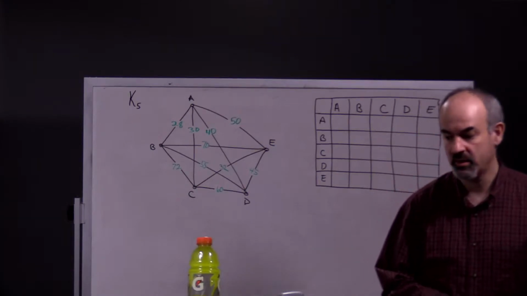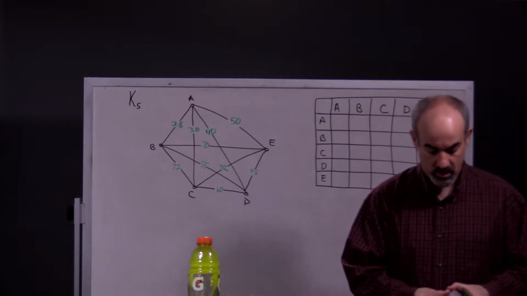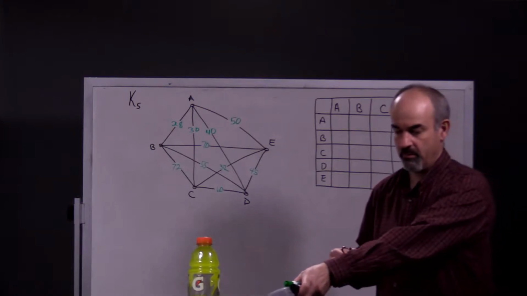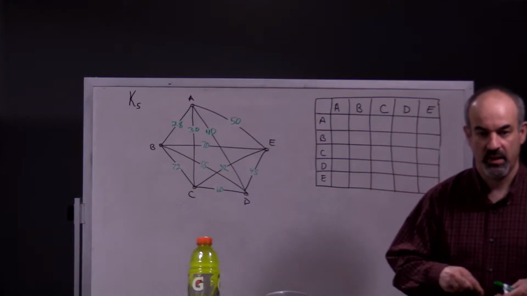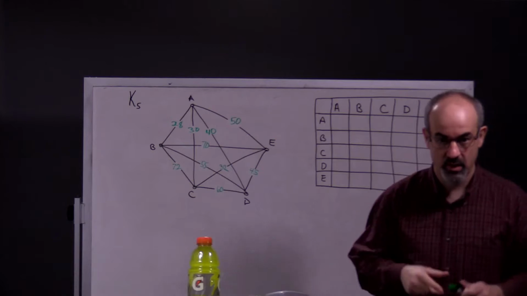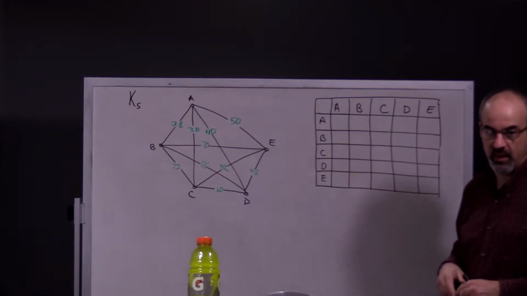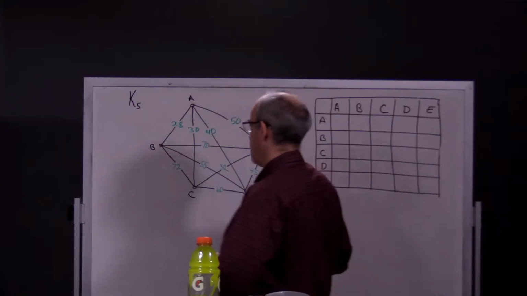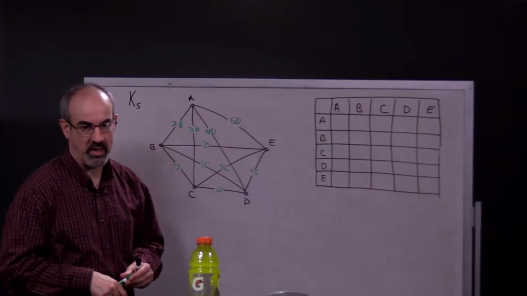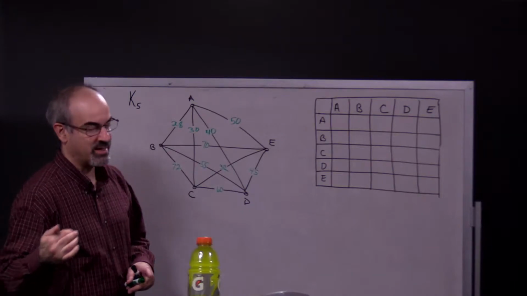In this video I wanted to talk about the nearest neighbor algorithm again, but this time we're going to use a chart instead of a graph. Notice I do have a graph there. I wanted to explain how a chart is related to a graph because for K6 and higher